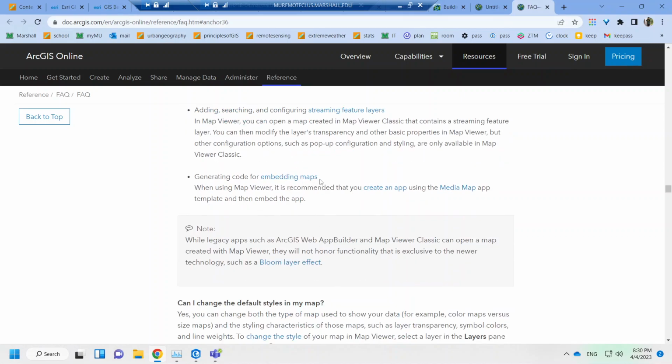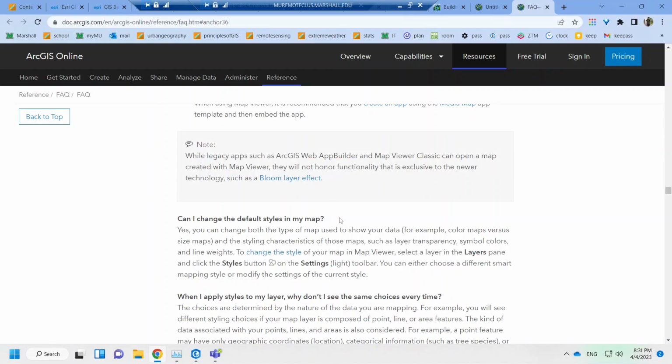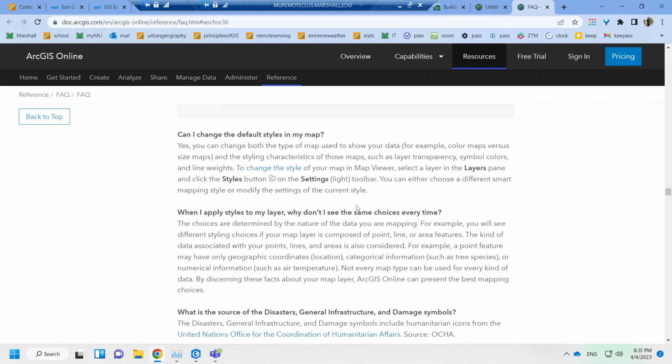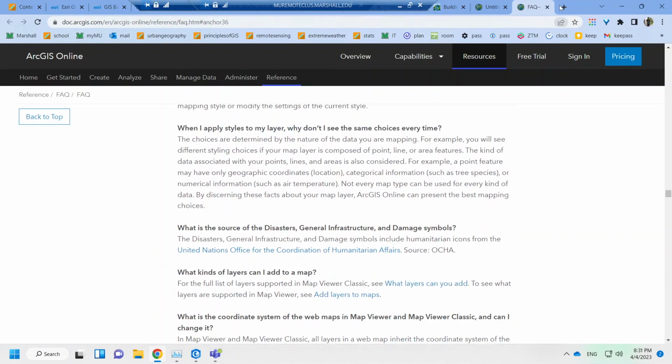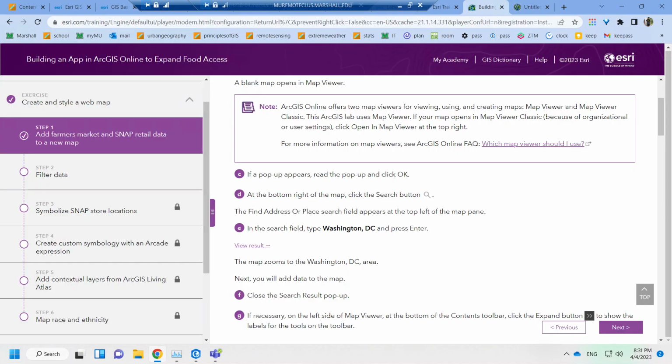Generating code for embedding maps. When using Map Viewer, it is recommended that you create an app using the Media Map app template and then embed the app. Note, while legacy apps such as ArcGIS Web App Builder and Map Viewer Classic can open a map created in Map Viewer, they will not offer functionality that is exclusive to the newer technology, such as a bloom layer effect. And then it has some more things like, can I change the default styles in my map? Alright, so then it says,